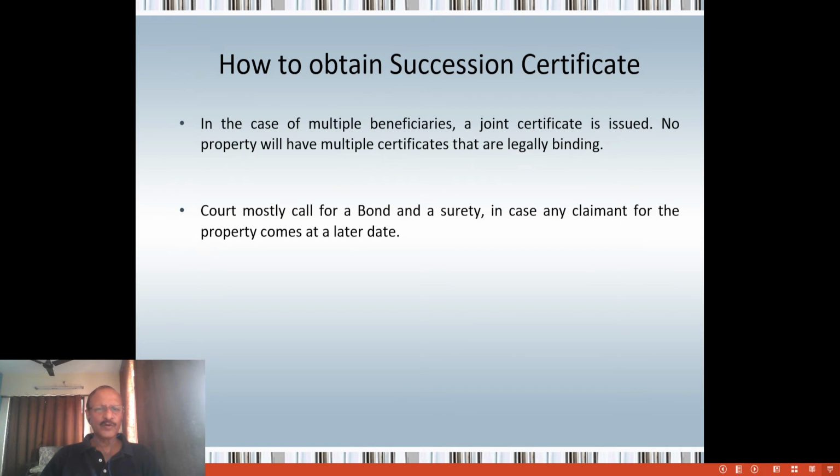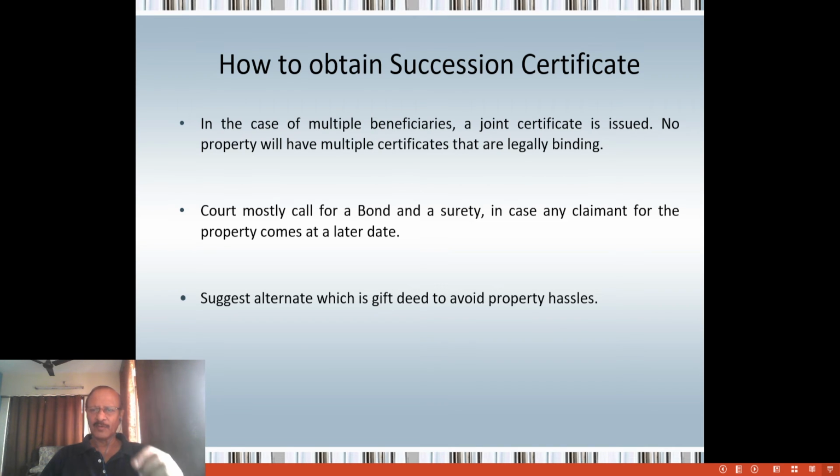They will issue only one certificate, and it will have multiple names if required. Often they ask the petitioner to give a bond with surety of a similar amount. Now what is this? Today the court gives you a succession certificate. Now 10 years later somebody comes and makes a claim, and this claim seems to be genuine. How does the court hold you? So they will ask for a surety. They'll ask you to give all bonds and affidavits, then they'll ask you for a surety also of the